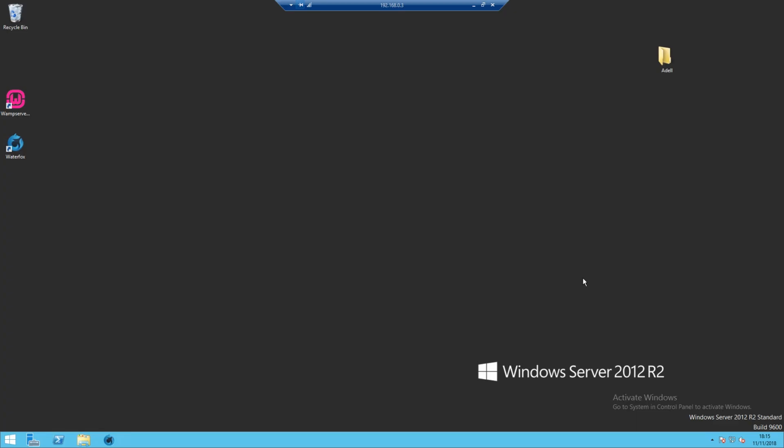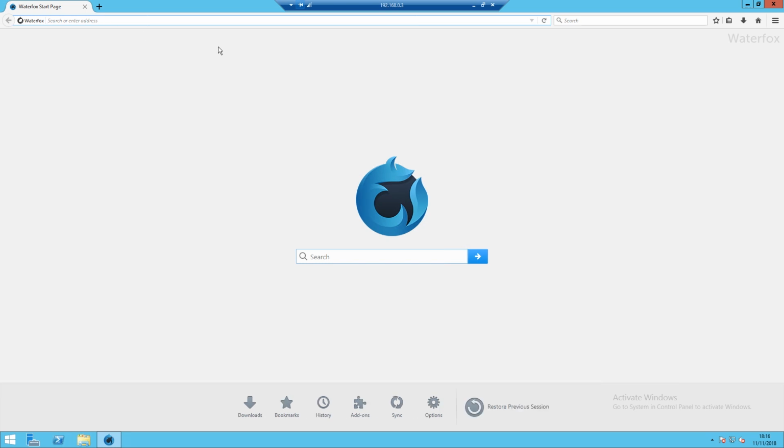Okie dokie, so what we're going to be doing today is a very basic setup of an Arma 3 server. To do this we're going to be using TADST and Arma, no not that, we're going to be using the Steam CMD command line tool. So to get started what we're going to do is